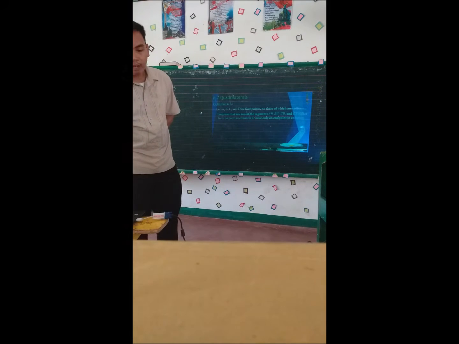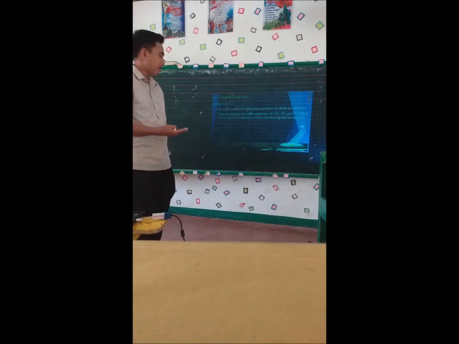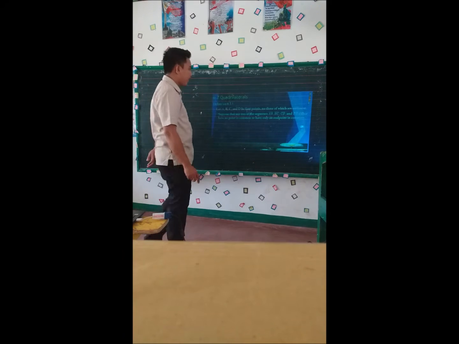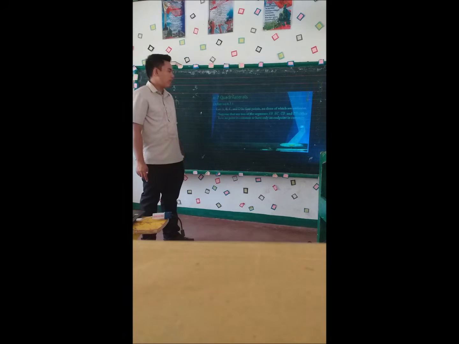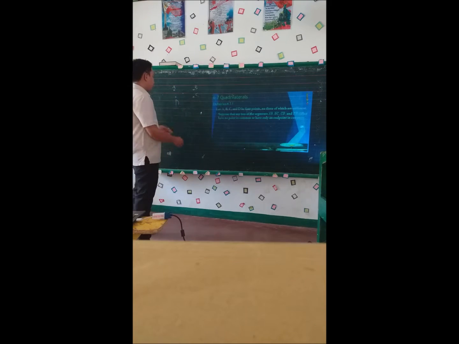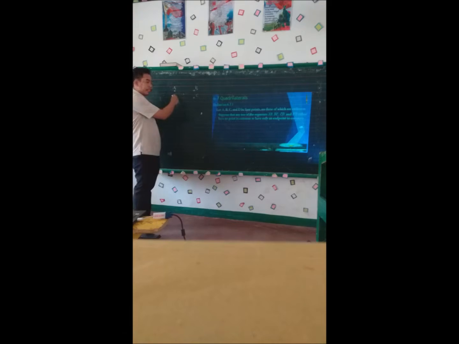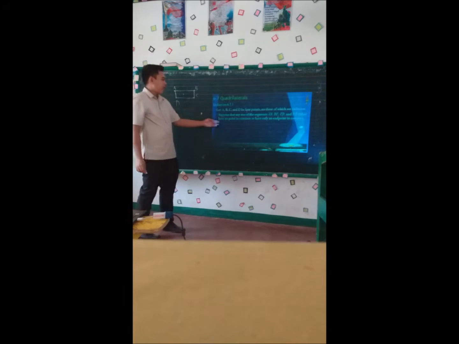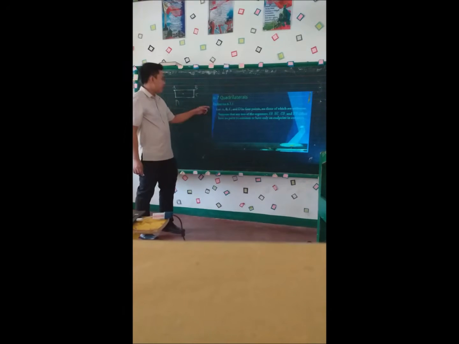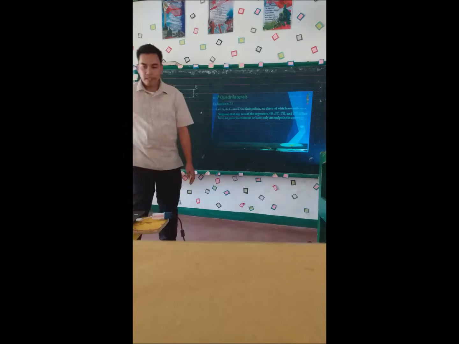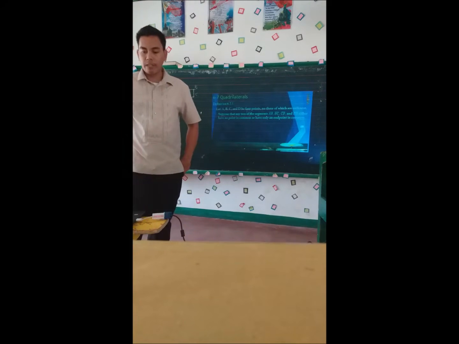Suppose that any two of the segments, line segment AB, line segment BC, line segment CD, and line segment DA, either have no point in common or have only one endpoint in common. So for example here, we connect the points: line segment AB, line segment BC, line segment CD, and so on, in which they have no point in common or have only an endpoint in common.